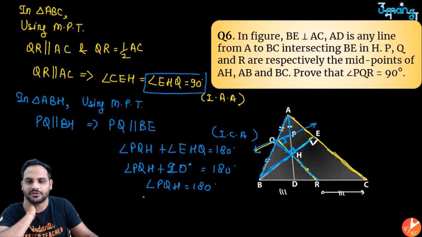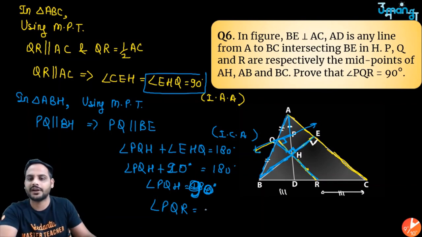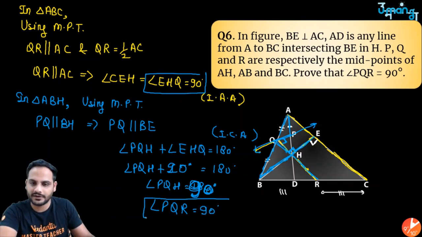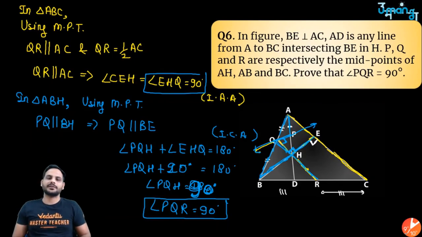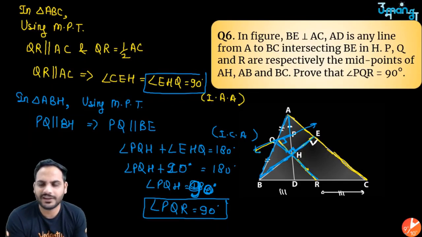और PQH जो है बेटा दैट इज नथिंग बट PQR। सो एंगल PQR विल, सॉरी ये 90 डिग्री है ना, यहाँ पे 90 डिग्री, 180 माइनस 90 है वो, तो 90 डिग्री हो गया, तो PQR ऑल्सो इज 90 डिग्री। ठीक है, तो दिस इज हाउ यू हैव प्रूव्ड दिस क्वेश्चन।